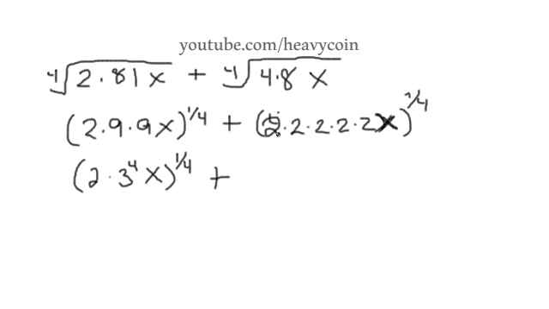Plus, now we're going to take 4 of these 2's and we'll have to leave one of them here. So this is going to be 2 to the 4th times 2 times x. And the reason we're doing 4 here is because our exponent is all raised to the 1/4 power, and we know that when we multiply 1/4 times 4 we're going to get 1. Alright,